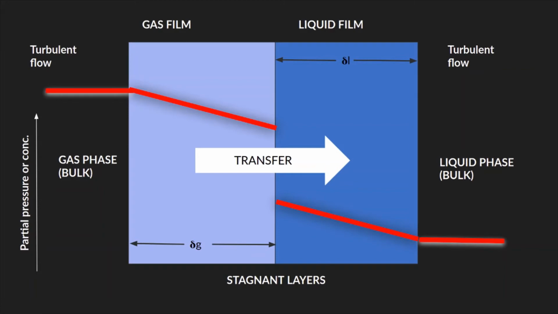The delta G and delta L are the width or thickness of ozone gas and the liquid layers respectively. As we can see in the picture that initially the liquid layer does not contain any ozone and the gas layer is rich in it. This gives rise to the mass transfer.